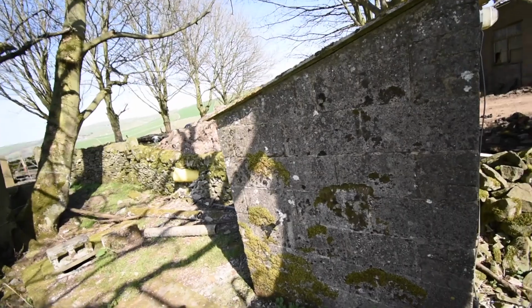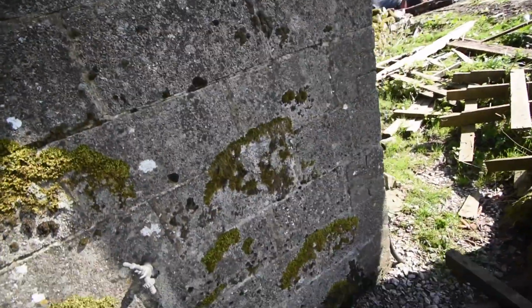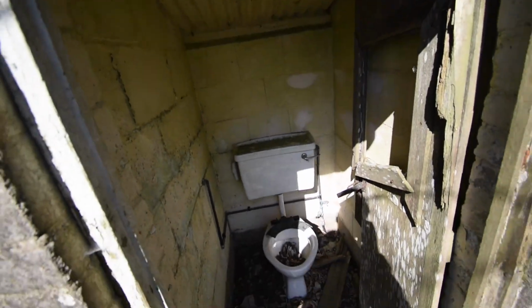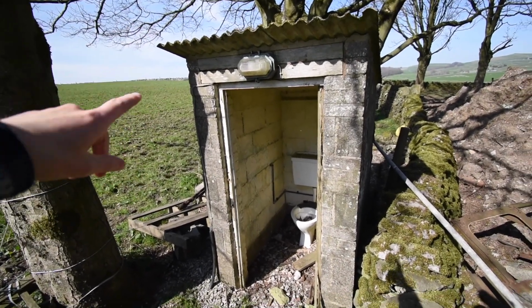So this, to start our video off, is an old bathroom, and by bathroom I mean toilet place. See, toilet, and it's a place. This isn't for the house, but was for, they used to have, as far as I can gather, a caravan that stayed around here